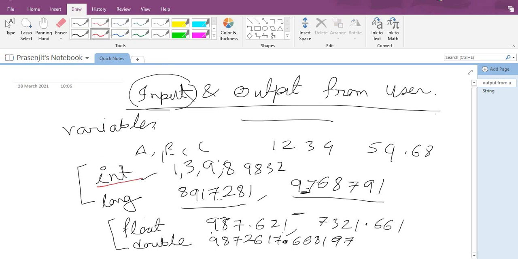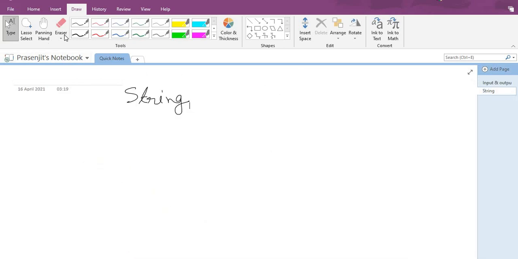There is a small letter, also small letter, also small letter, and also small letter. These four different value types all start with a small letter. But compared to these, you can see that string starts with a capital S.